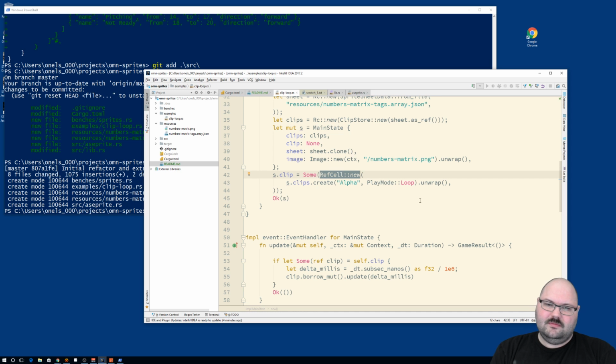So RefCell allows you to control mutability internally to the, excuse me, I'm jumbling things up here. So if you have properties on a struct that you need to be able to flag as mutable so that you can do things to them,